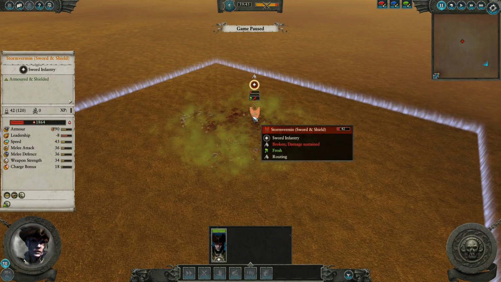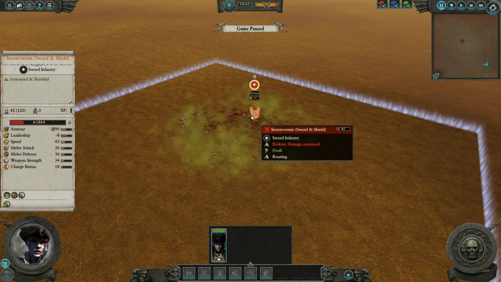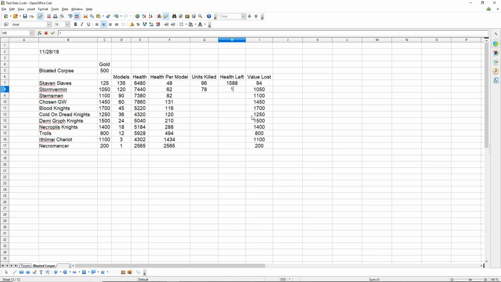120 minus 40. That's almost like 78 models. Holy crap, so they killed 78. Wow. And what was the final health? 1864. So against the Storm Vermin at 1050, they killed 78 models, brought them down from 7,400 to 1864, and pulled